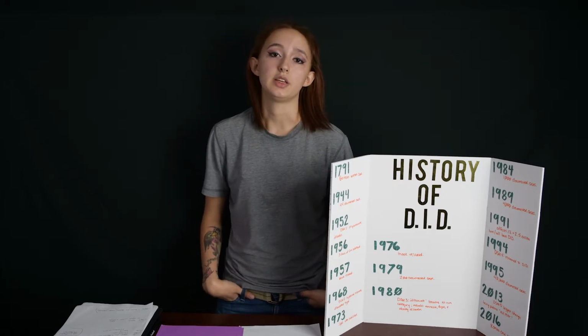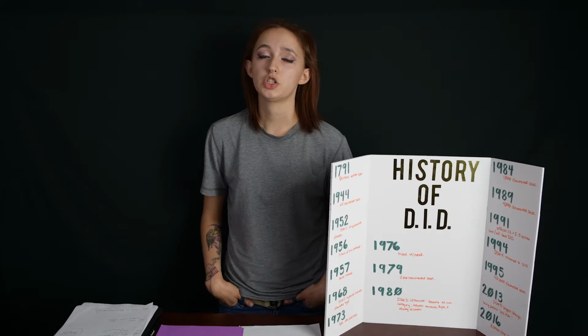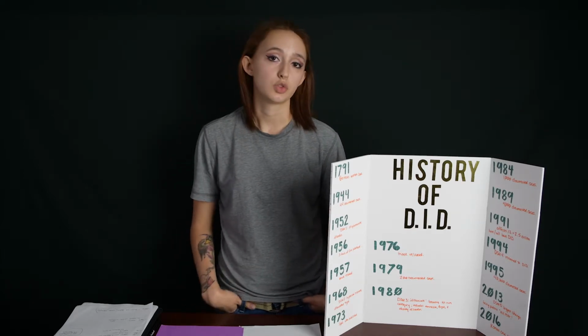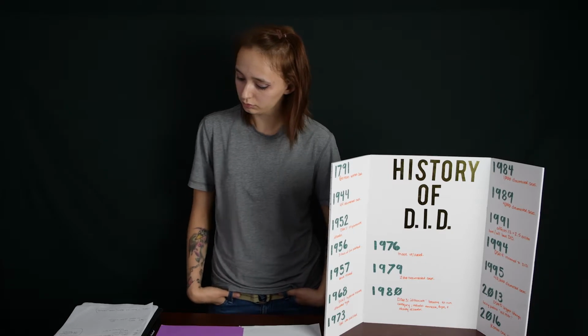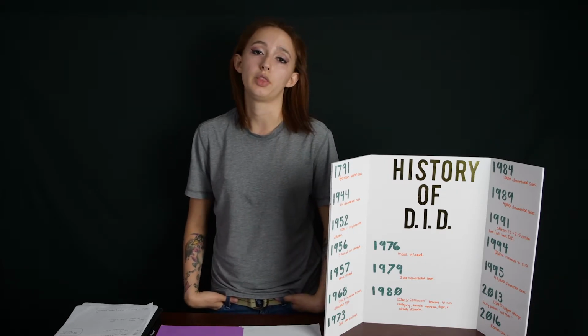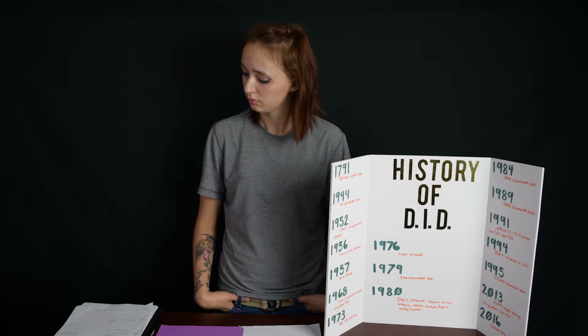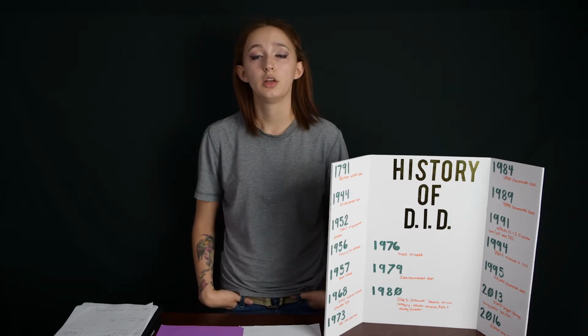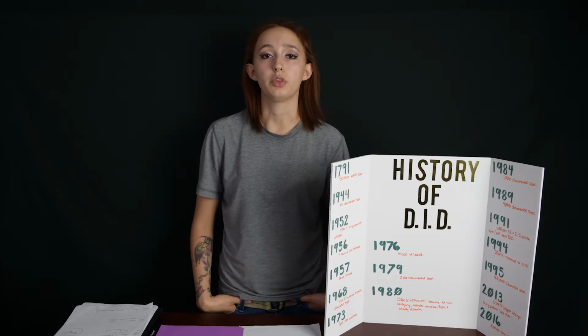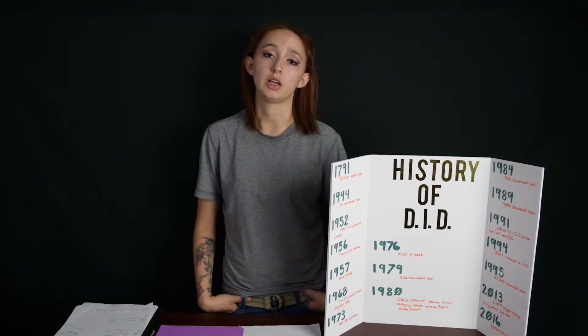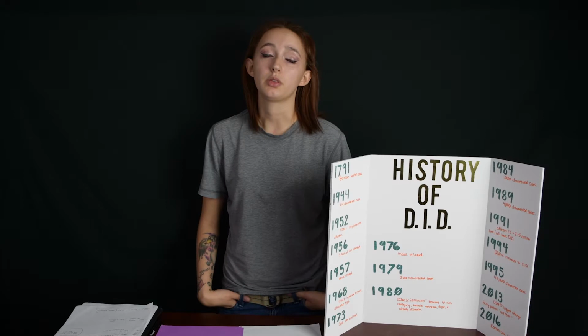In 1994, the DSM-4 was published. The big change here is that DID became its official name instead of multiple personality disorder. By 1995, there were 40,000 cases of DID. Jumped several years into 2013, the DSM-5 was published. The big changes here for the DSM-5 from the DSM-4 for DID was that now the patient could self-refer.